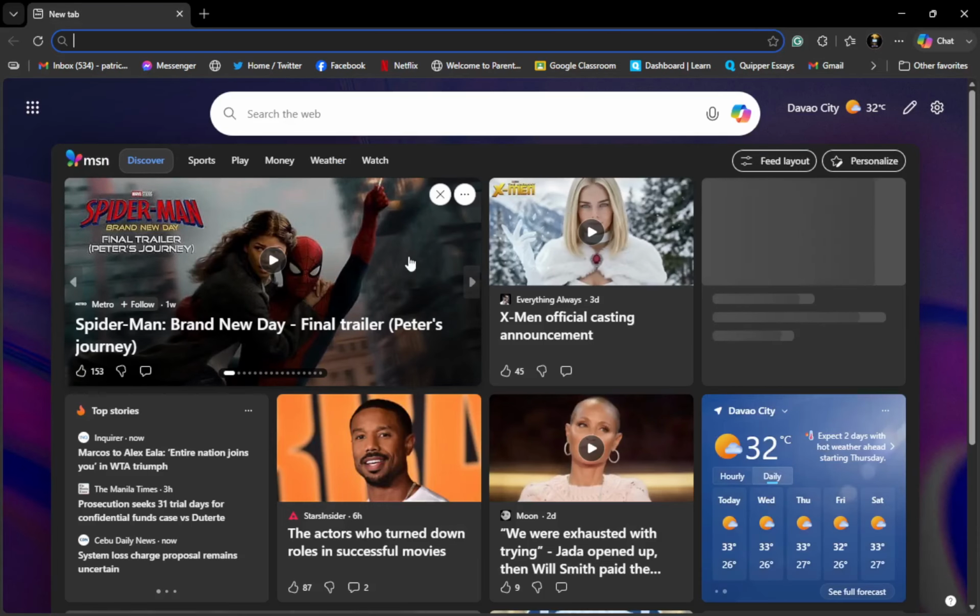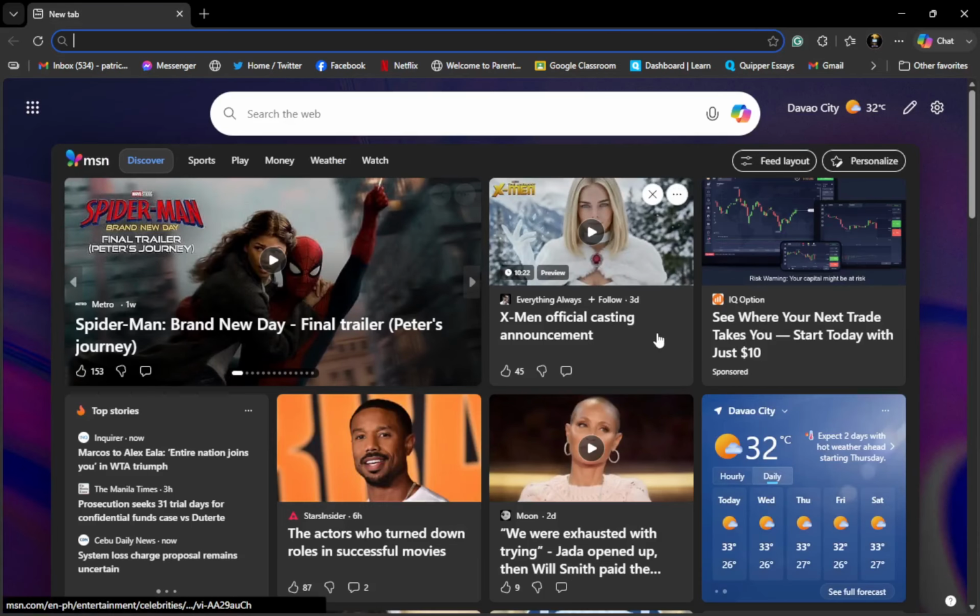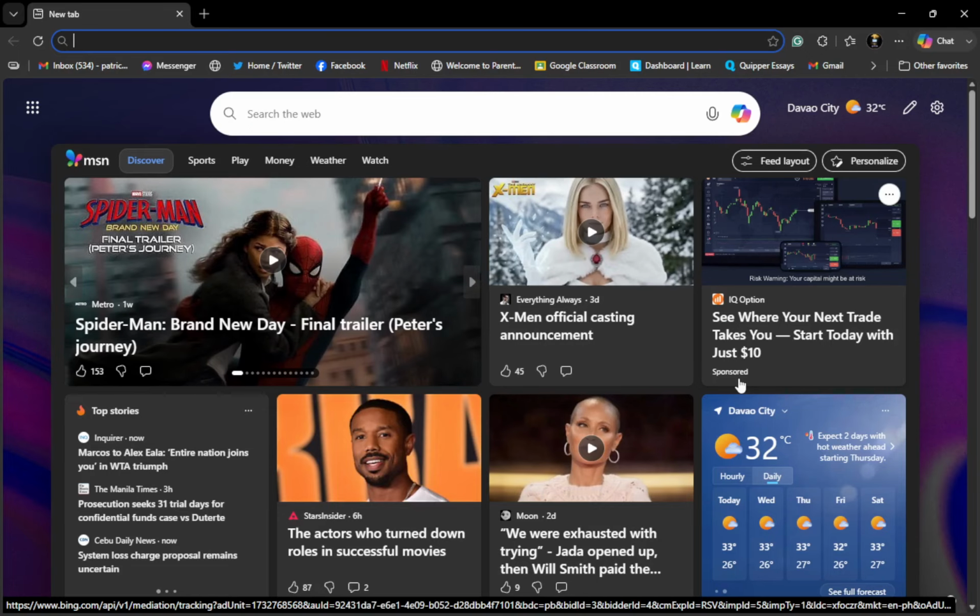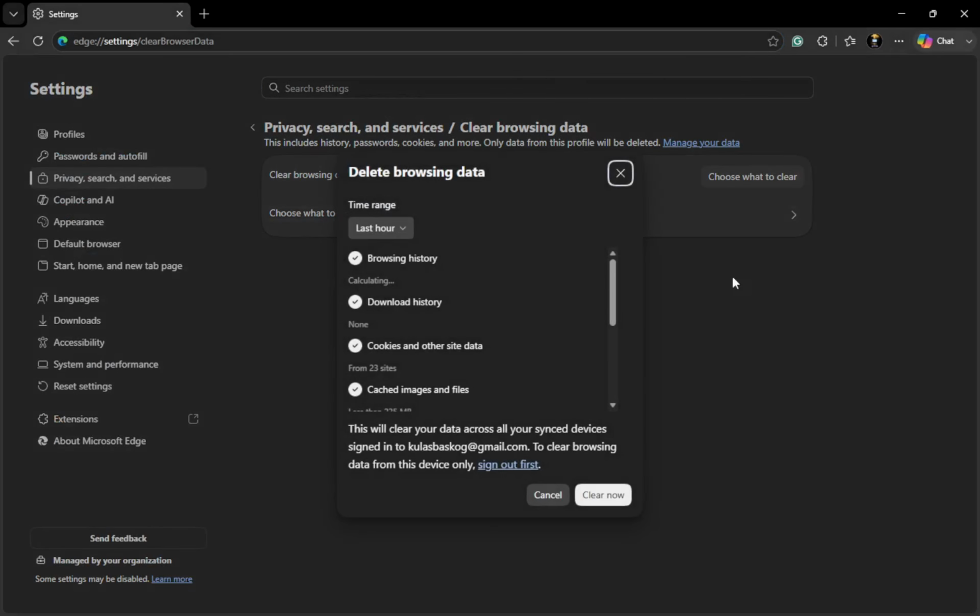Press Ctrl, Shift, and Delete on your keyboard. This opens the clear browsing data panel. It usually appears as a small window in the center of Edge. Set time range to all time. Just like with Chrome, this makes sure Edge does not leave older entries behind. The drop-down will show options such as last hour or last 7 days, so be sure you have all time